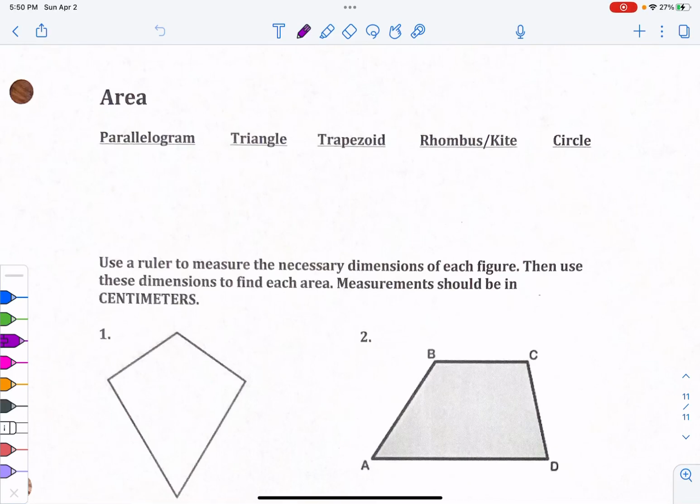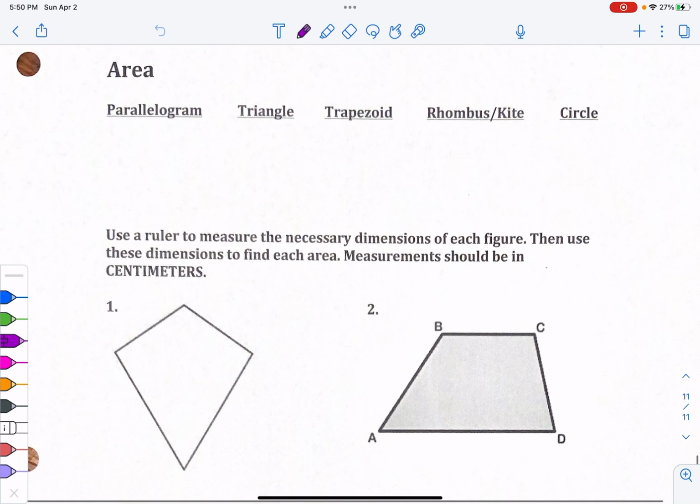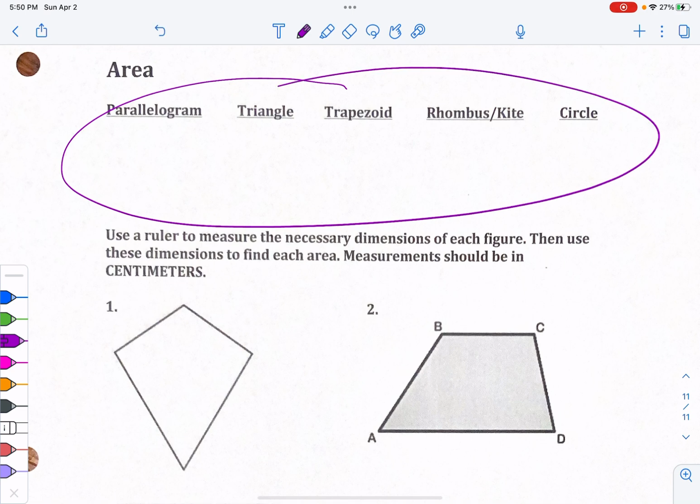Okay, geometry, this is one more little thing that I want you to do before we start reviewing for chapter 10. It's just kind of focusing on area of the two-dimensional figures, the ones that you should memorize, the formulas that you should memorize before the test. And so we're going to write the formulas together up here at the top,